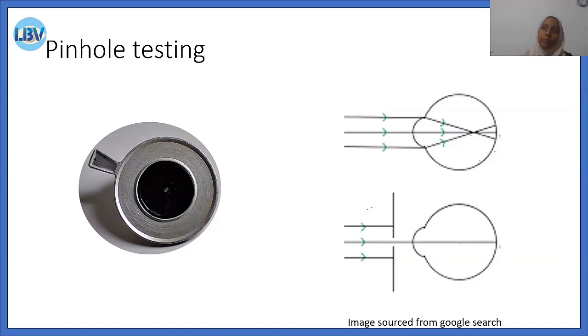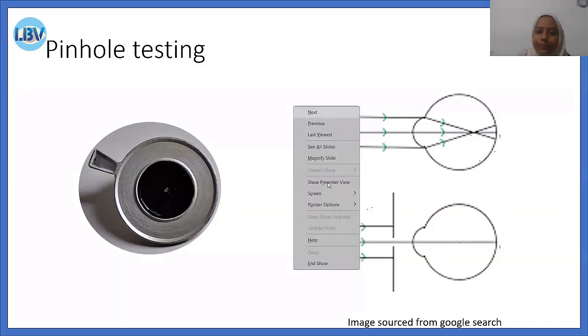But from my clinical experience, I have seen high myopic cases with visual acuity worse than 6 by 60, whose vision also improves with the pinhole. So what is happening with and without pinhole? Here is an image